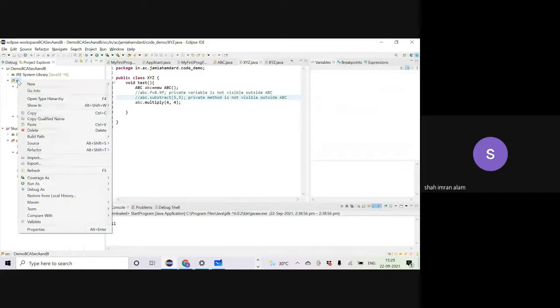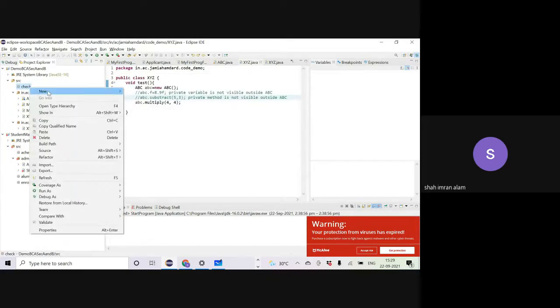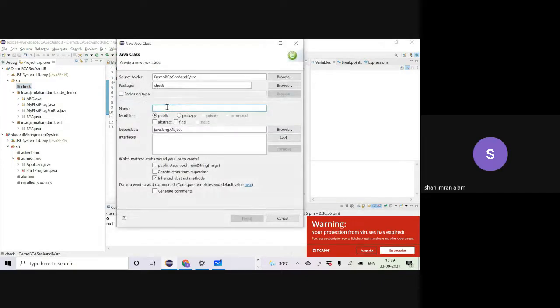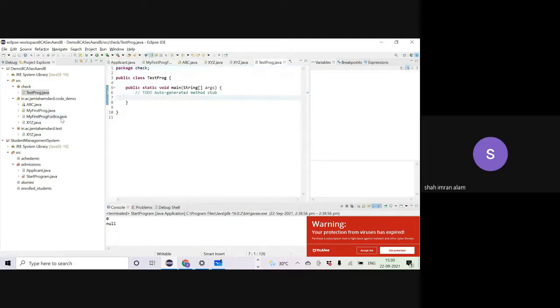Okay. The other thing that we can understand in the other sense is, let me create another package, say, with the name check, nothing else. Here I am creating a class, new class, test program, and I am writing public static void main. Okay. XYZ program or XYZ.java file or XYZ.class, XYZ class is defined in this package also. It's defined in